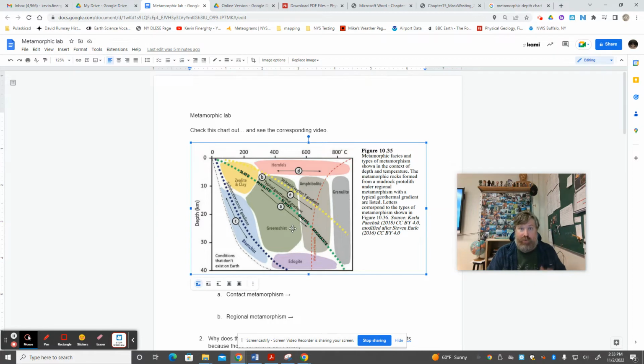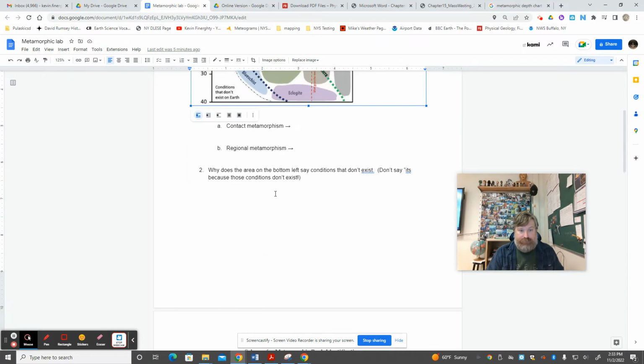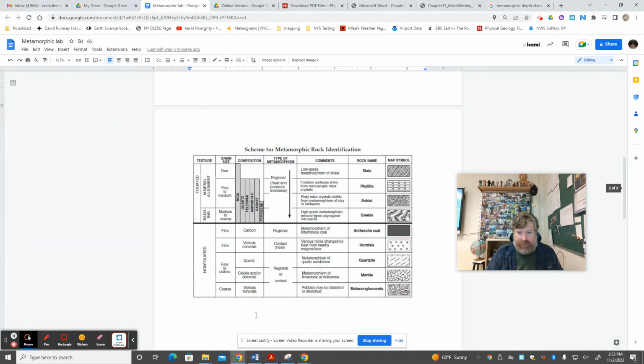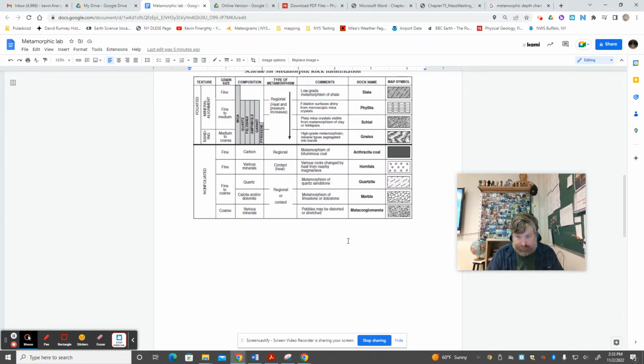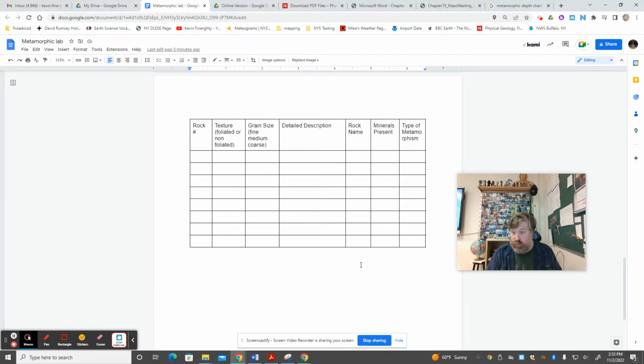All right. So what are we going to do here? What I've got, a couple questions there. I've got a chart that's going to take you through the basic types of rocks. I didn't even do all of these. And then your usual, what we've been doing in the lab by rock number in your rock drawer, right? What I'm also going to put in